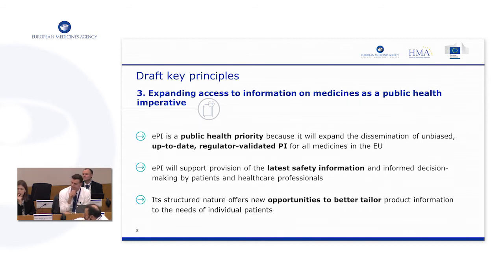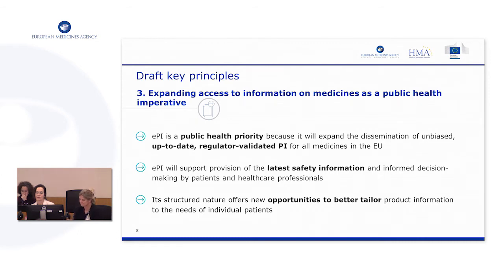Maybe just to clarify, that wasn't exactly the intention of this paragraph, and maybe we need to rephrase to make it clear. One thing is the key information, which applies to everyone, but when we talk about tailor, we mean that what is critical for one person may not necessarily be critical for another one. And I think the digital, structured nature of this information may be able to highlight the information that this person needs, because the app you are using has information on other medications, so it can tackle interactions.